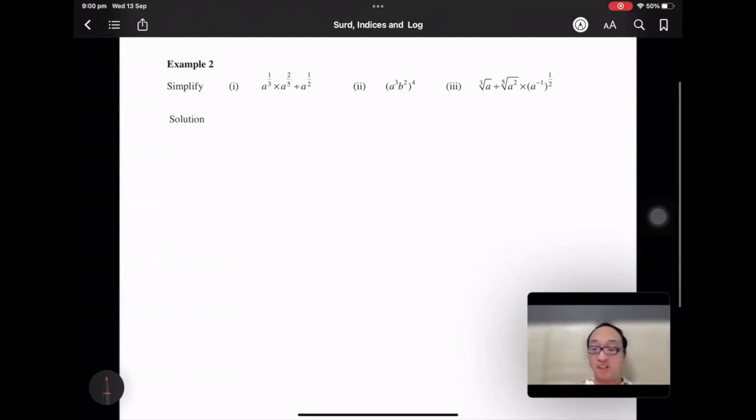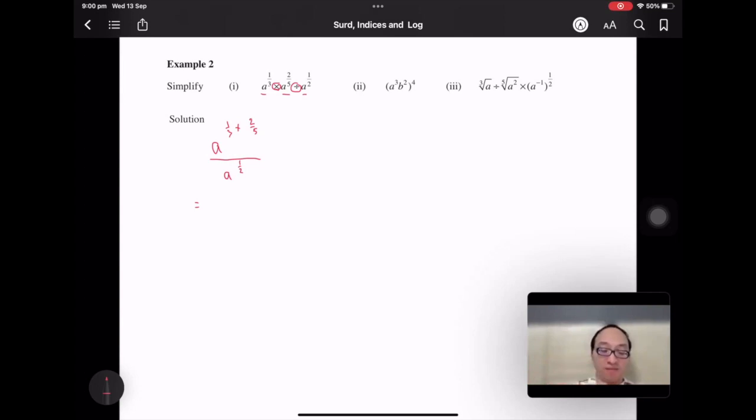Simplify the expression: a to the power of 1 over 3 times a to the power of 2 over 5, divided by a to the power of half. Even here we have the same base, so we can combine. Multiplication means addition, so we combine a to the power of 1 over 3 plus 2 over 5, because this is multiplication. And then the next one is division, so we just put it as a denominator, 1 over 2, and then we